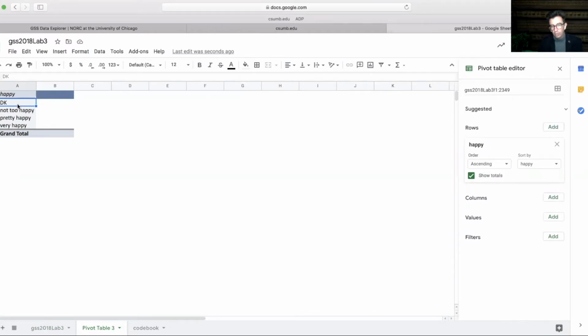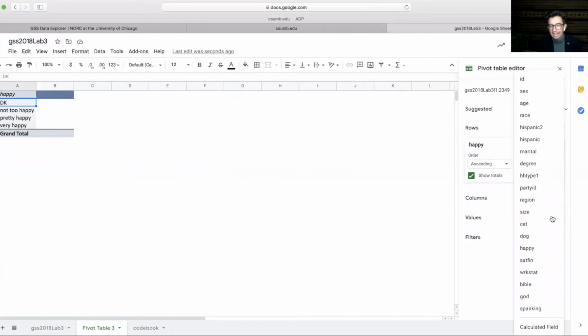All right. Okay, good. So we've told Google Sheets we want this variable to be on the rows, but there's nothing on the table yet because we haven't told Google Sheets what we want for the values yet. So for values, we need to add which values are going to be counted for that variable. So if we click add, because we're doing the variable happy, we want people who responded to the variable happy in the values, right? We wanted the categories for the variable happy, and now we want the values for the variable happy. So if we click on happy,